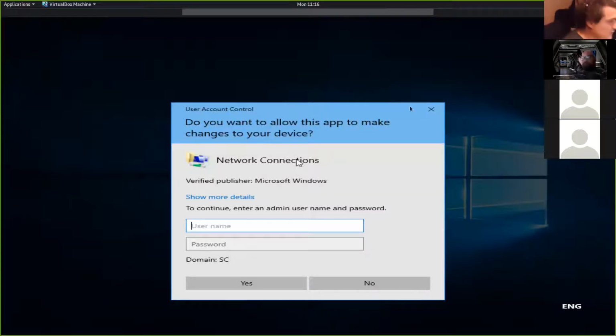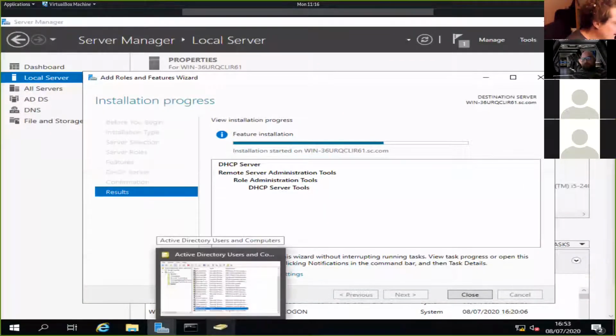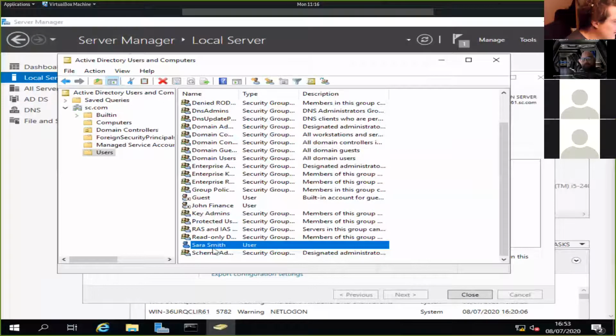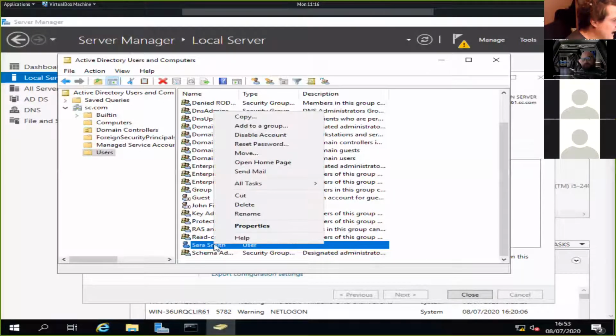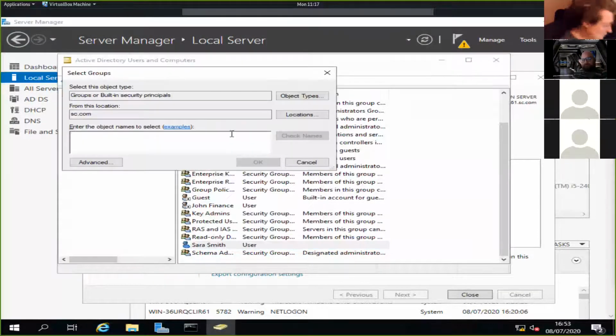For example, if we jump back over to the server, open up the Active Directory, we could right click on Sarah Smith and add her to the administrators group, the domain admins group. Add to group we can do. If we type admin and click check,